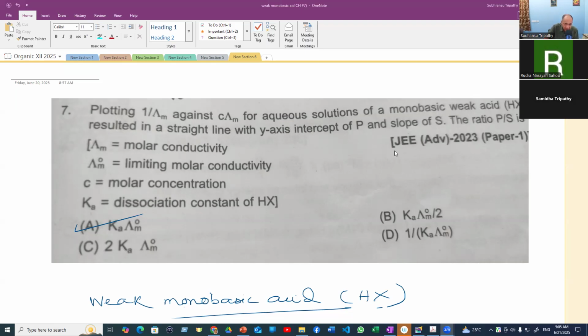Now here is a very good question which was raised by Mr. Rudra. Plotting 1 by lambda molar conductivity against C into lambda molar for aqueous solutions of a monobasic acid HX resulted in a straight line with y-axis intercept P and slope S. The ratio P by S is what? Now see,